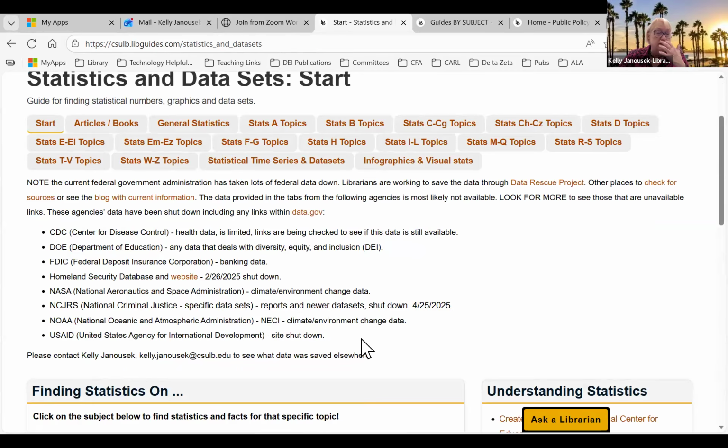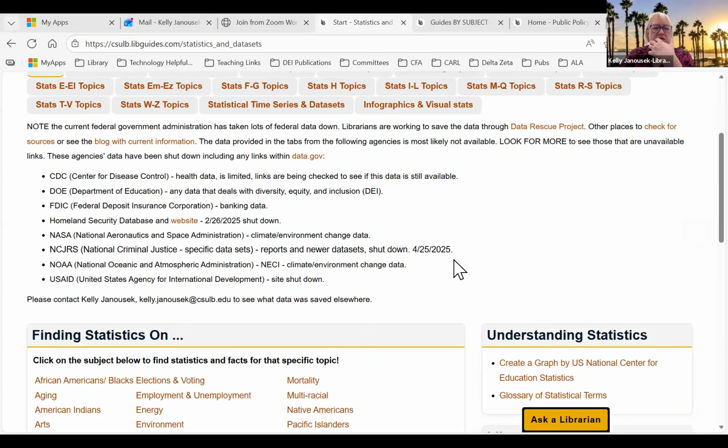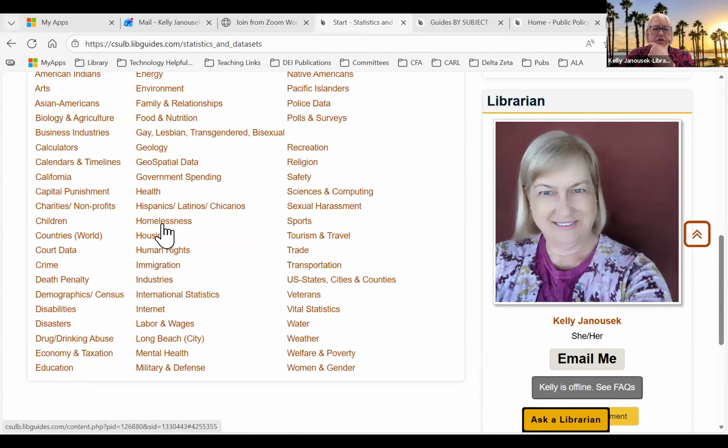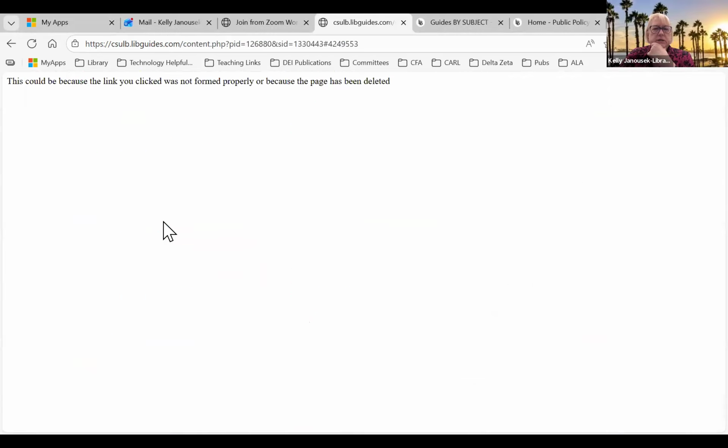I need to update it. Some of them have been totally shut down. The Department of Education, I think, pretty much is shut down. They've taken everything down. I need to update that. What happens is there's a bunch of librarians out there that, like I said, are trying to mine it. But if you look up a topic, say homelessness,